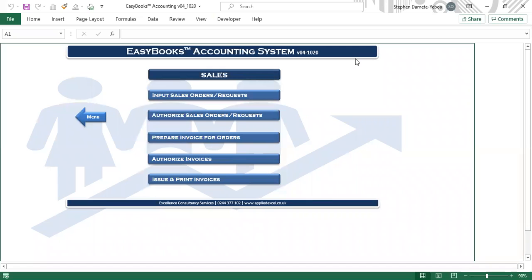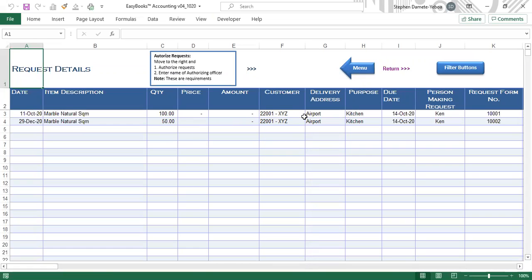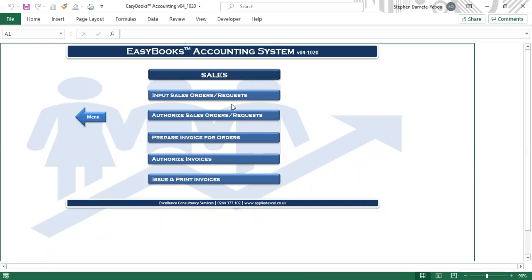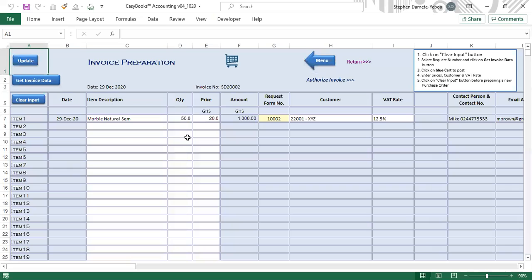Once it's done and is posted, then we need to authorize. So on this sheet, we do authorization of the request. Okay, now then we come to prepare the authorized request. That is, prepare the invoice for the authorized request over here, where we actually do the pricing. Okay, the pricing is done over here. Okay, once we do it and we post by clicking on this,